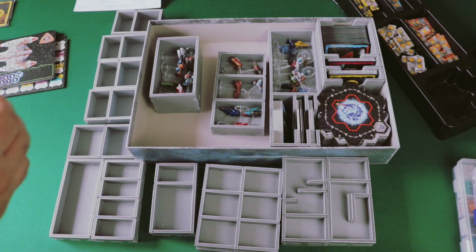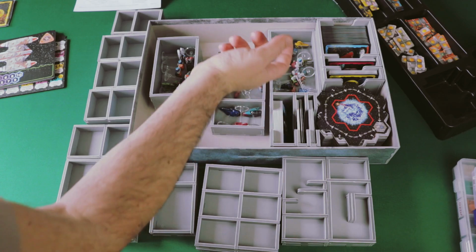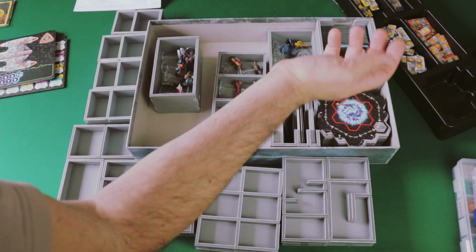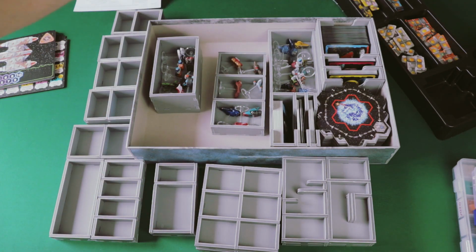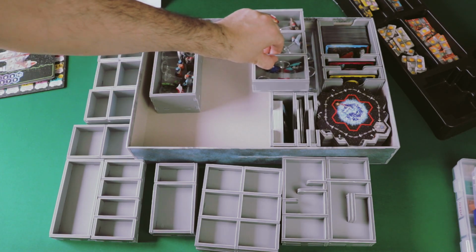So why? Because when you're setting up the game, you can just take out the one ship you're going to use, and if playing solo, of course, or the other ships for the other players, and then the NPCs, and then you're done with this tray. Okay, you can just cover it up